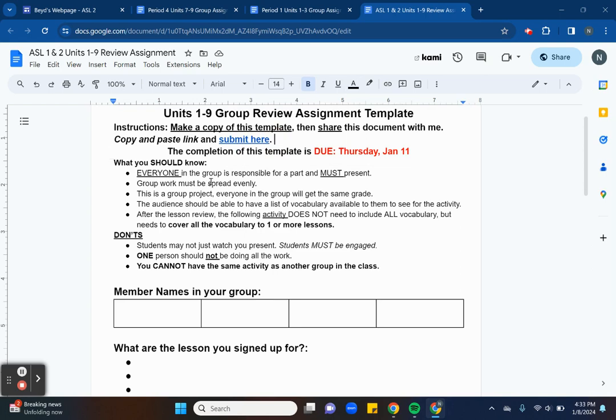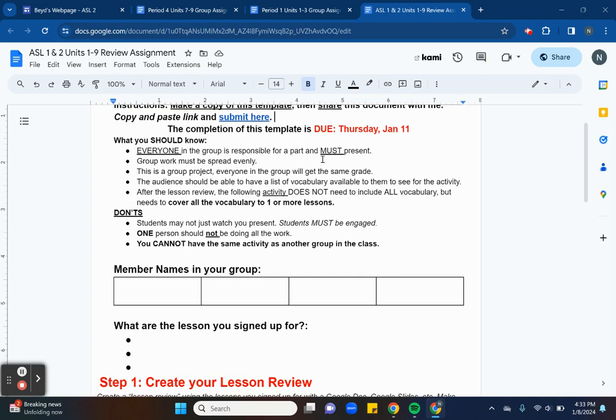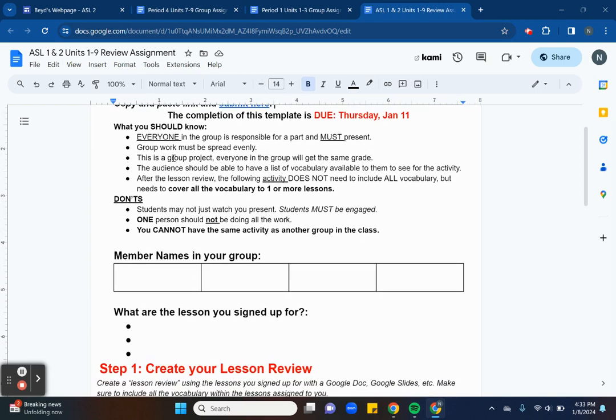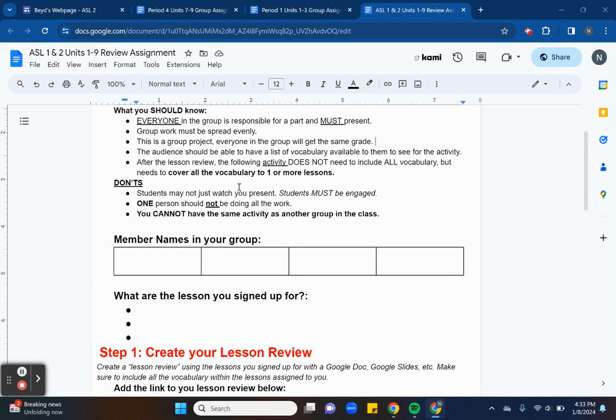What you should know: everyone in the group is responsible for a part and must be present. Group work must be spread evenly. This is a group project. Everyone is getting the same grade, so make sure you are there to support your group. If your group is slacking off, you need to make sure that they are doing their part, because everyone's getting the same grade. Making sure that your activity after the lesson,